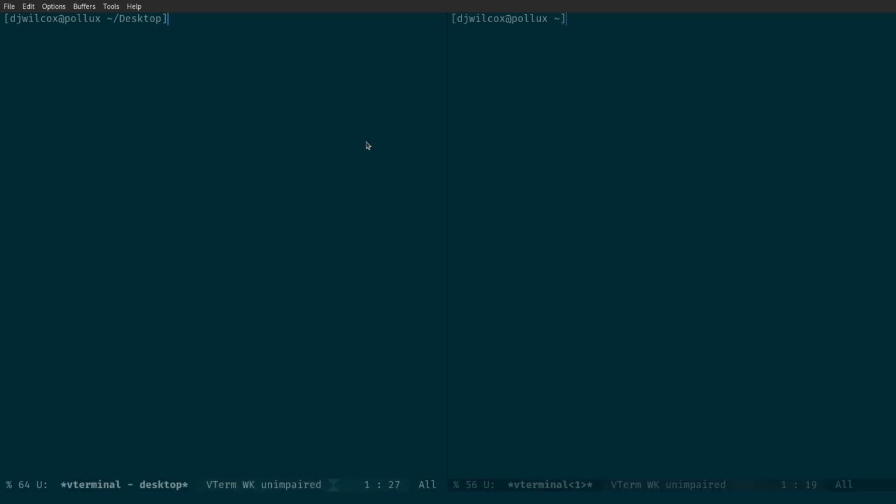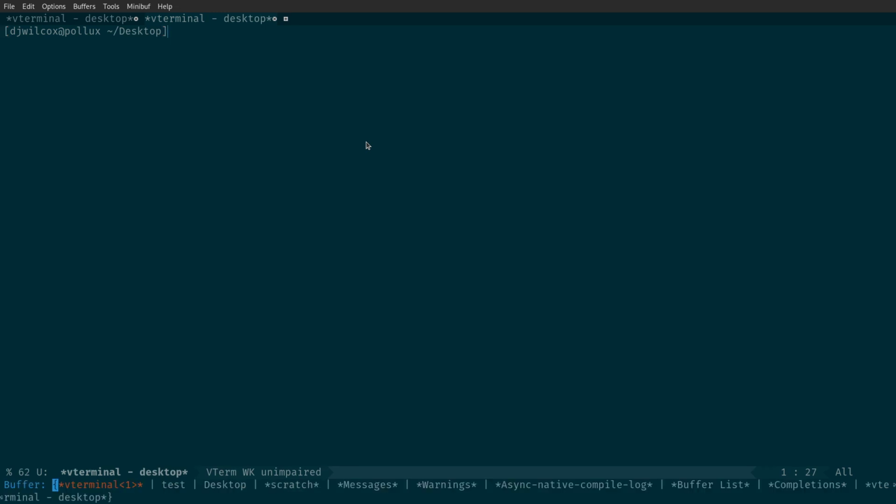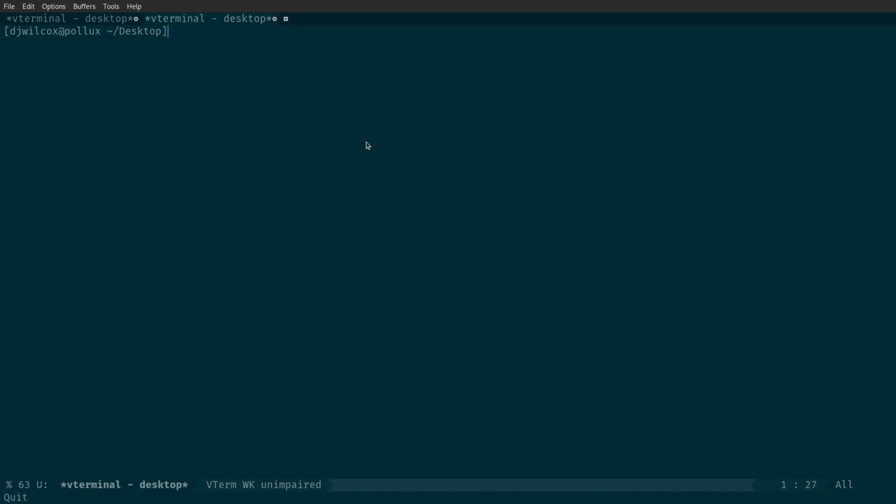So what we've got here is two instances of vterm running in separate frames. We can easily switch between them, or we can just have one window and switch between the different buffers, and again they're going to show up as buffers here. But again, what I have found is